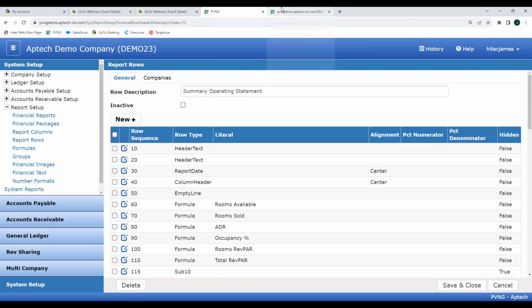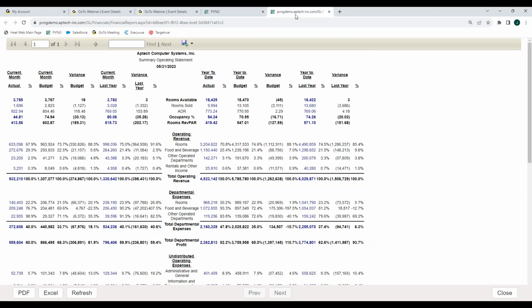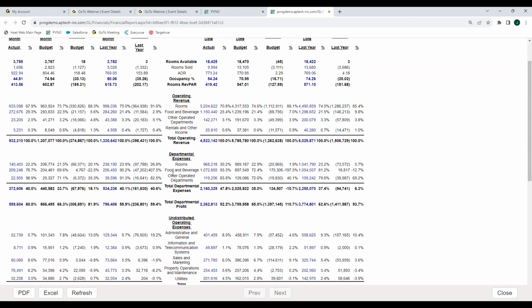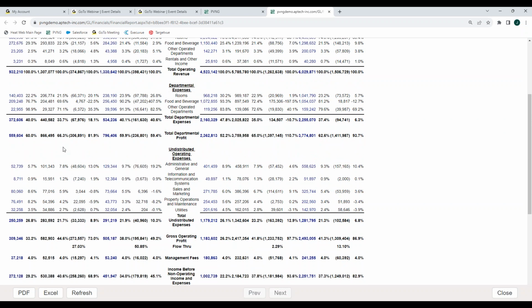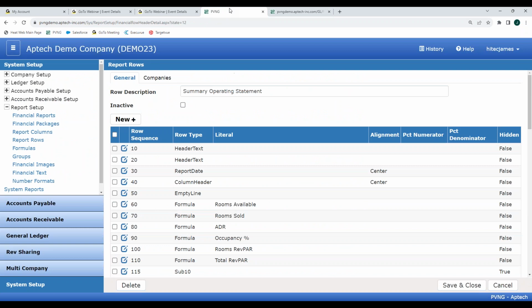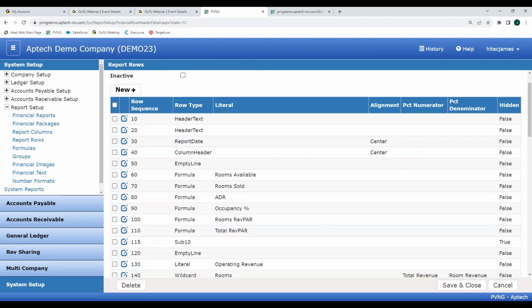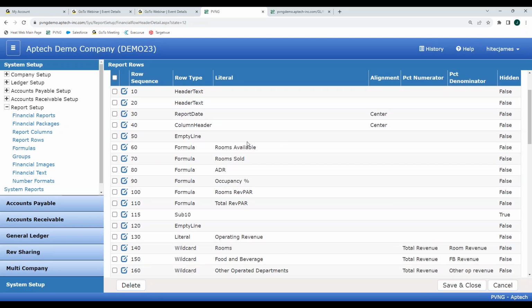So I'll jump back over to our actual report and walk through some of the rows that are built. We have our available rooms, some of our stats up here: rooms sold, ADR, OCC, RevPAR, all the different operating revenues here, my departmental expenses. All of these various line items are controlled through these rows. We can see that some of these are header text, some of these are just giving us some information around what this report's displaying. But when we jump into some of those rows up top, the rooms available, rooms sold, ADR, that are utilizing a formula,